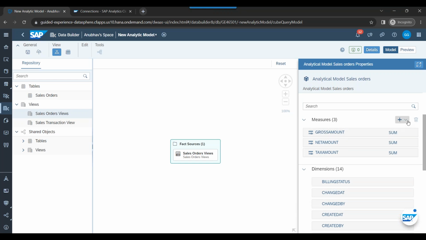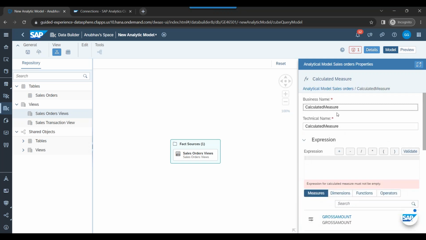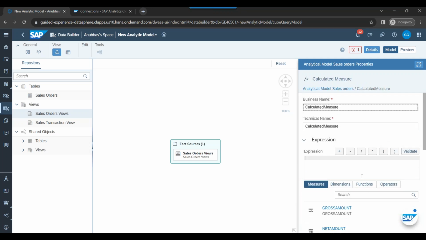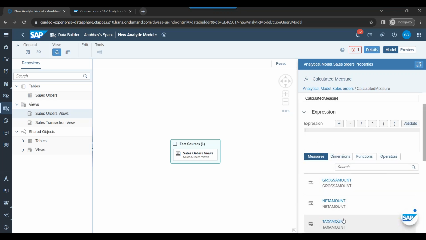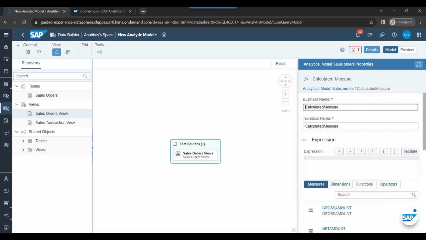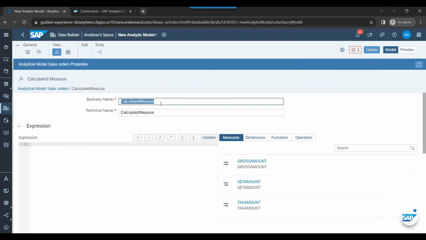And as I taught you previously in the slide, we can add a variety of content over here to be able to calculate multiple things as part of the system. So let me show you adding a calculated measure. I click on that and I would like to calculate the difference between the gross amount and the tax amount. Let's say gross amount minus tax amount. I want to calculate a new measure. So I can expand this and give a name. Here I can choose New Net Amount,